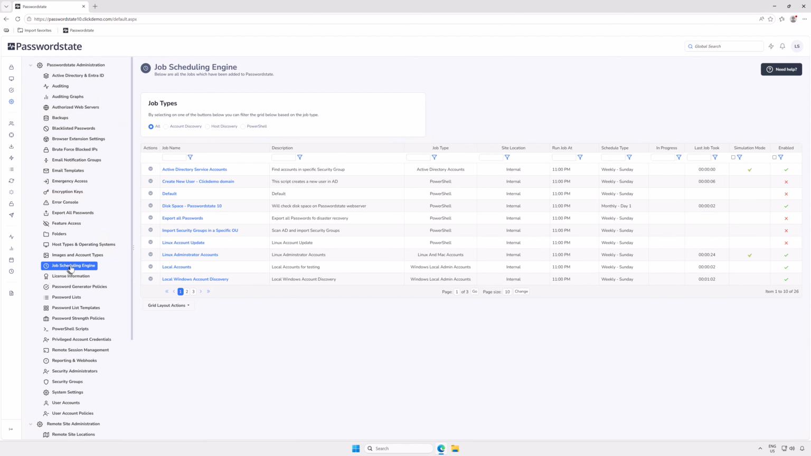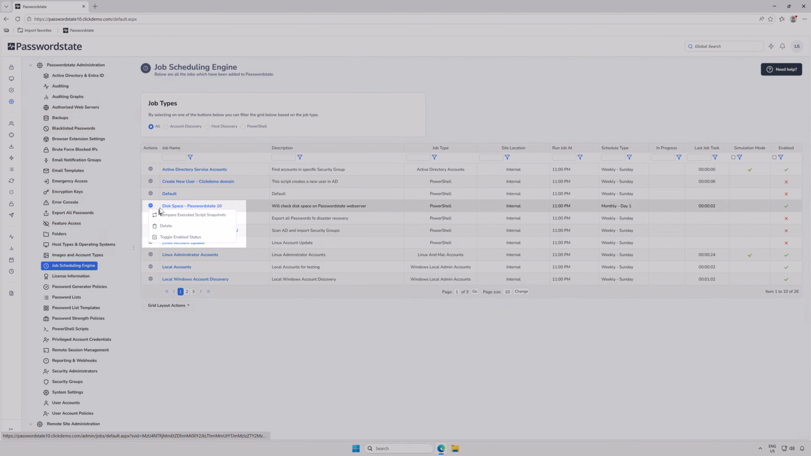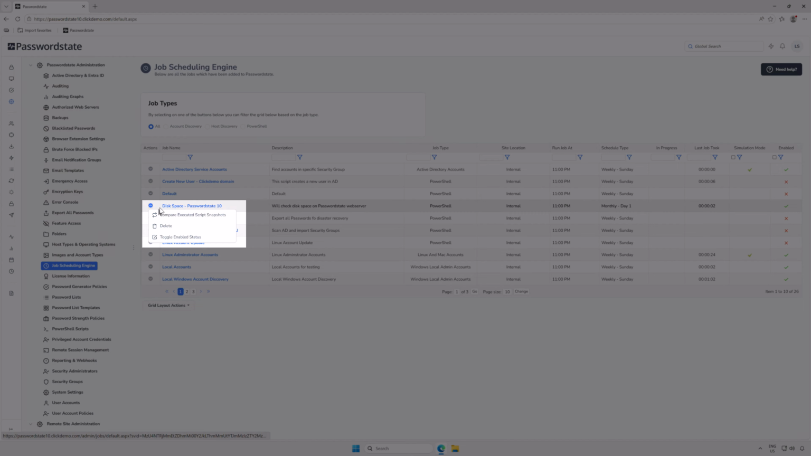The job scheduling engine page is new, and this is where any job in the system can be managed by a Passwordstate security administrator. For example, they may want to disable or delete a job if the original author of it has left the company, or they can change settings on jobs, run them on demand, or possibly even compare